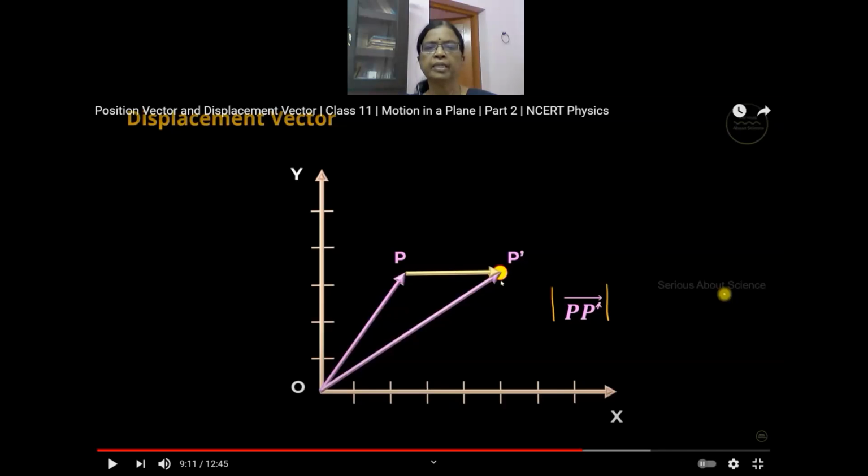Now, the initial point we know, the final point also we know. You just draw a straight line, no need to draw other paths. You just have to draw a straight line and put the arrow mark in the direction the body moved, P to P dash. So the arrow mark should be here. Don't put the arrow mark here, that is the tail. The body moved from P to P dash, so put the arrow mark here. So this is the initial position and this is the final position. Now PP dash is the displacement vector. That is written here, and its modulus will give the magnitude of the displacement vector.